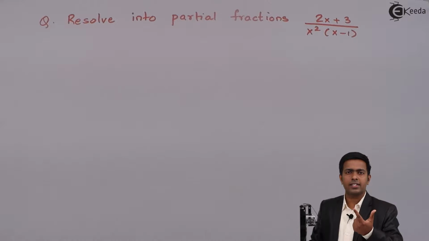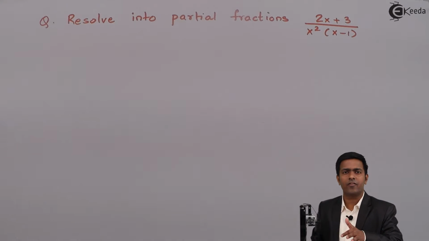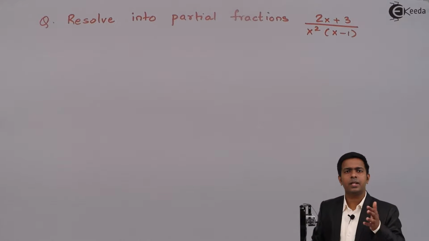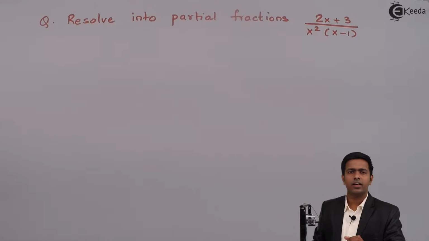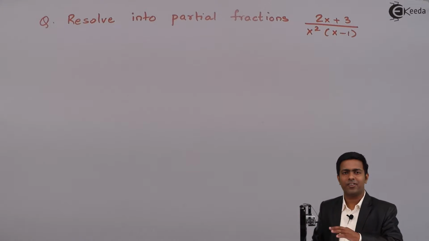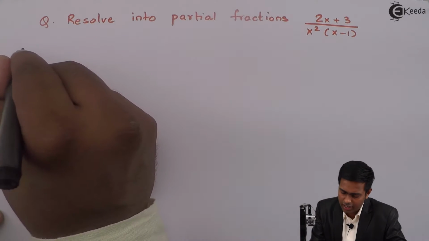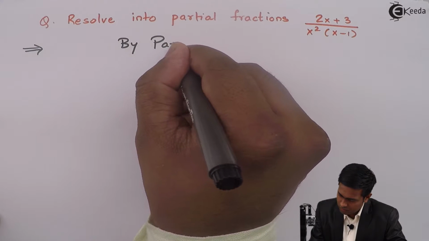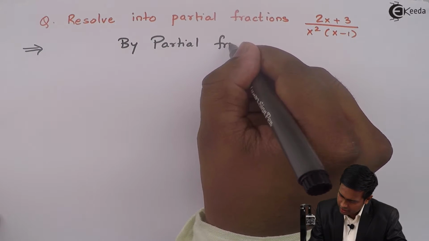So x, x and the third one x minus 1, all three are linear factors, and out of that the two x are repeated linear factors. So we will be solving this sum by the method of repeated linear factors. So let's start with it. So here, by partial fraction,